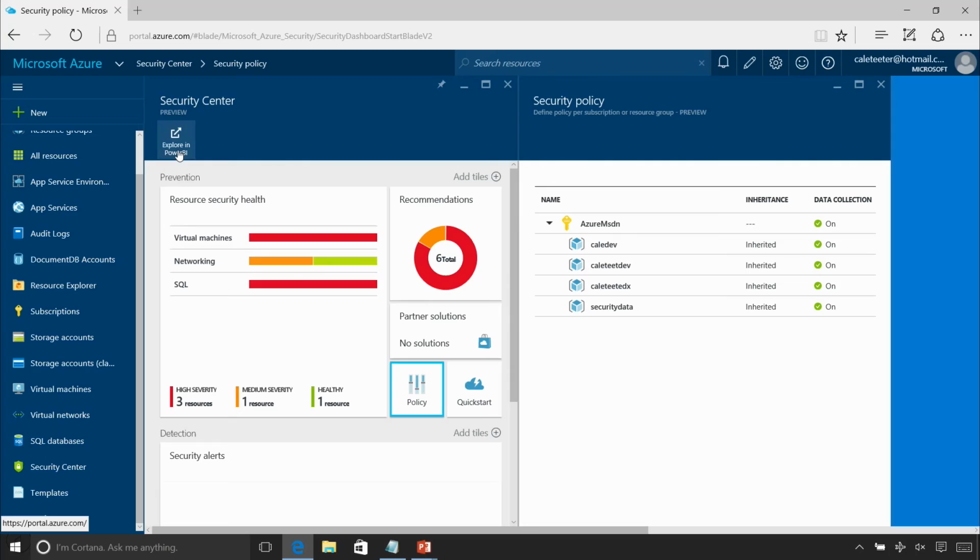And this is still in preview. We also have some exports to Power BI. I don't have this one turned on right now, but when you export to Power BI, it's just a dashboard. If you have a ton of infrastructure in here, hundreds of VMs, as well as SQL servers and all these different components, it's kind of hard to manage through the portal, right? It'd be nice to have roll-ups and some sort of aggregation, and that's what Power BI brings to the table. We'll walk you through enabling that to do some deeper analytics on your security infrastructure. And that wraps the module on Azure Security Center.